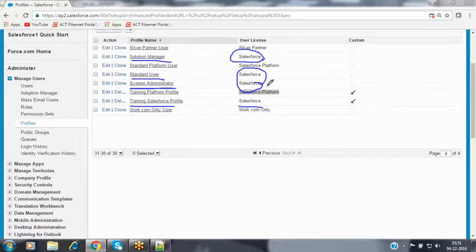And you can create one more profile with the same license. The license is the same, but I want to grant access only to the custom applications for a different set of users. At that time, we can create one more profile, grant access to all the custom applications which you have developed, and assign this profile to those users. So each license will have multiple profiles, and every profile can be assigned to multiple users.